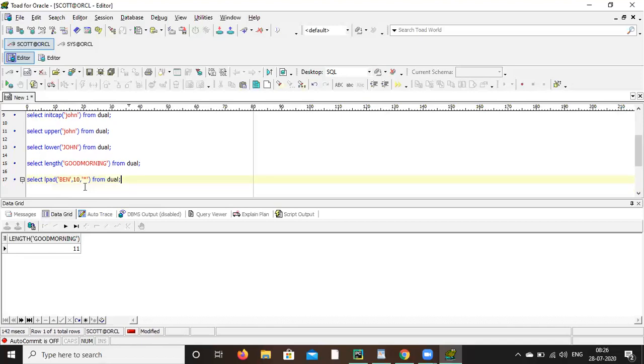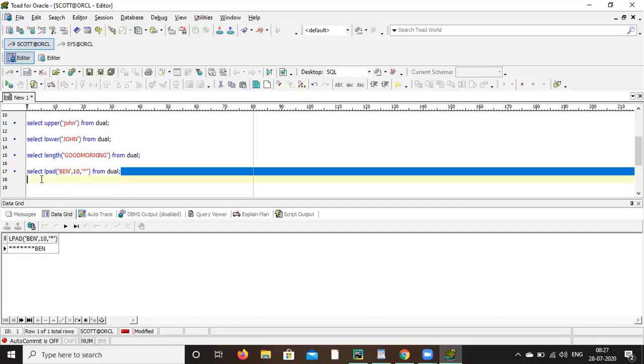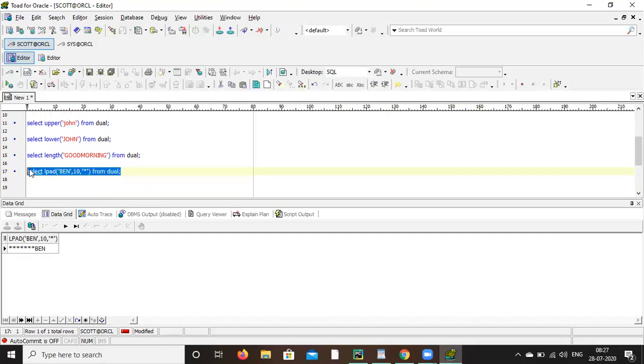So here lpad means left side it will pad. Pad means it will add star. Let's say the name total is 3 characters. Now what will happen? The rest 7 it will add as stars. Like that, rpad.